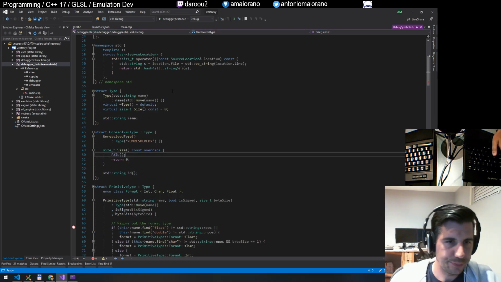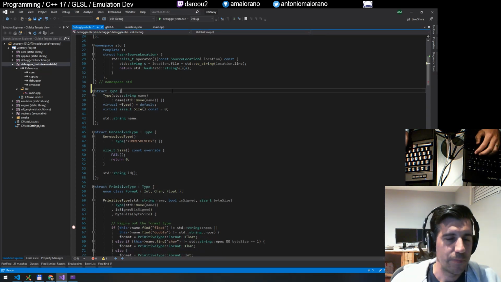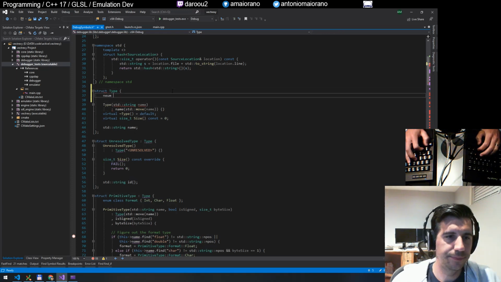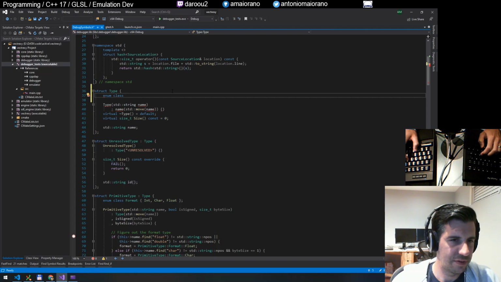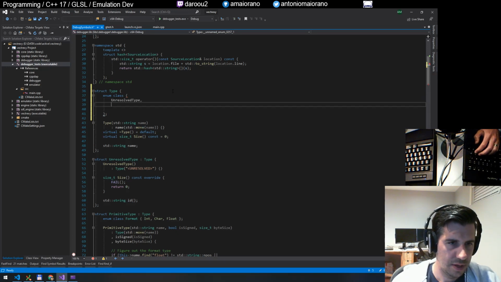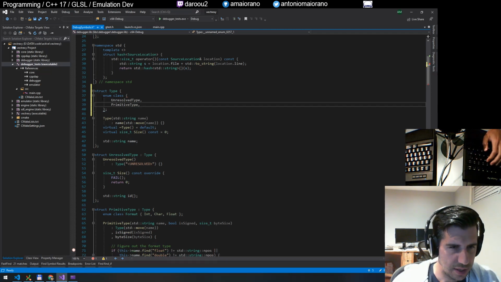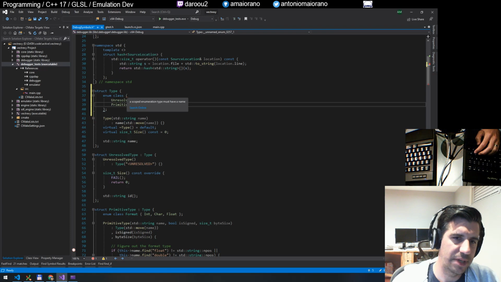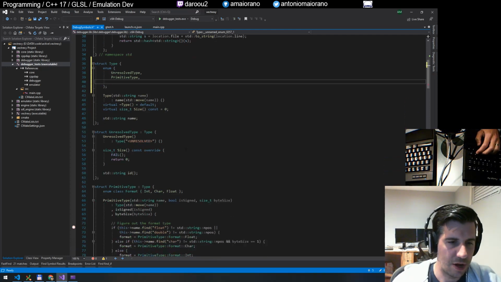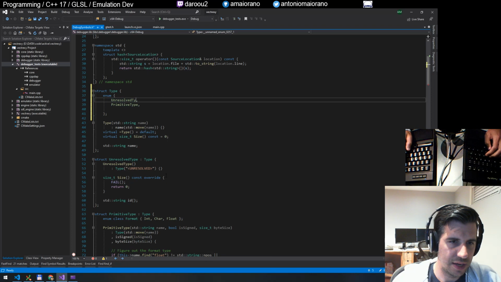So what I'm saying is I'm imagining a type here, and I would probably put it directly inside type. So something like enum class. Although I have to give it a name, don't I? Maybe not. And then we say unresolved type, primitive type. I think it does want me to give it a name. A scoped enumeration type must have a name. Yeah, let's just do this. So primitive type, like all the types I have here. In fact, I would just say unresolved, primitive,